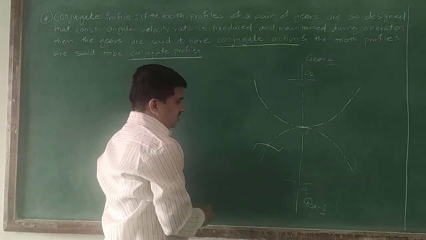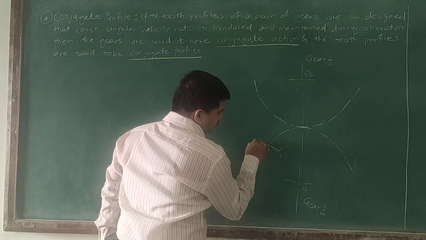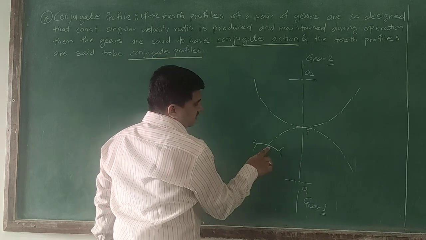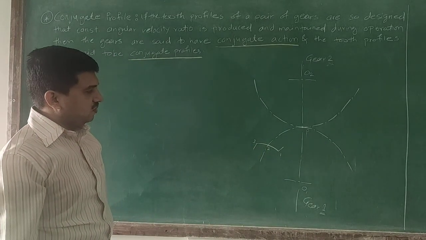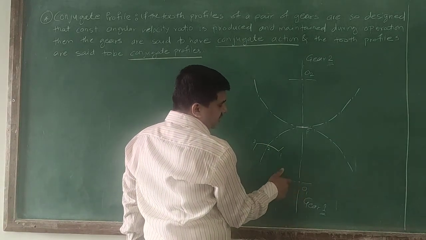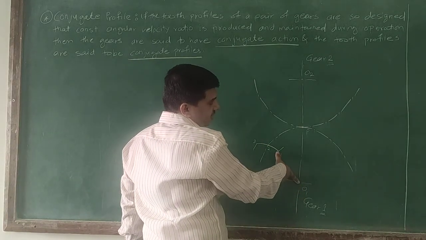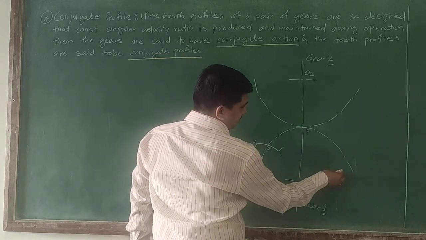Very firstly we will name these points 1, 2, 3: point number 1, point number 2 and point number 3. Done. Now what will we do? We will draw an arc considering O1 to 1 as the radius, so that we draw an arc like this.